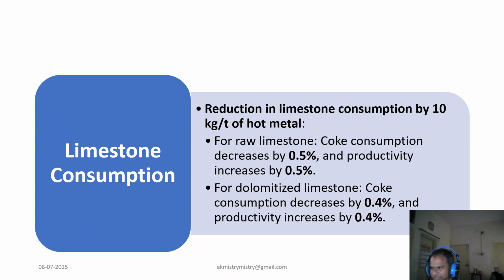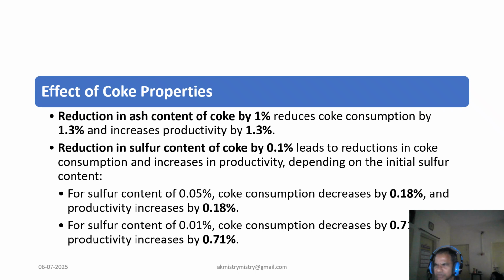That is, this will be decided by the type of feedstock that is to be supplied for BOF. So these all decide what sort of limestone consumption is to be maintained, and what sort of basicity is to be aimed at in the blast furnace. So by carefully managing limestone input, we can further reduce coke use and maintain a stable operation, because this is very critical. So now coming to the effect of coke, or properties of coke,